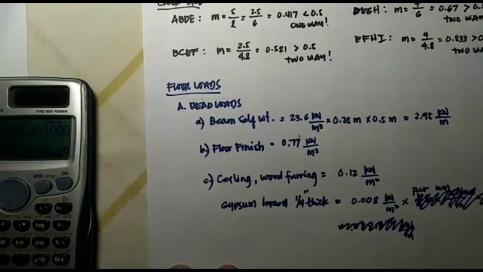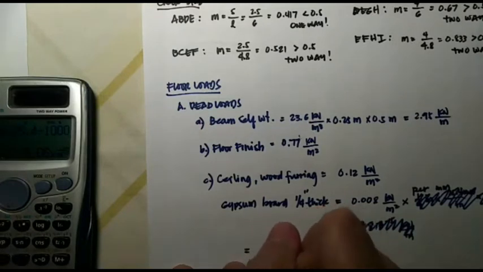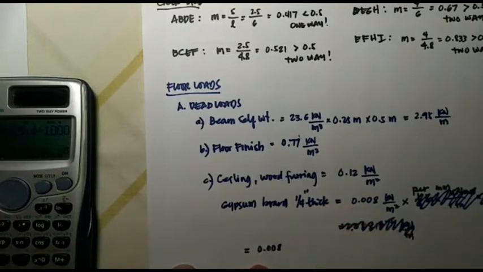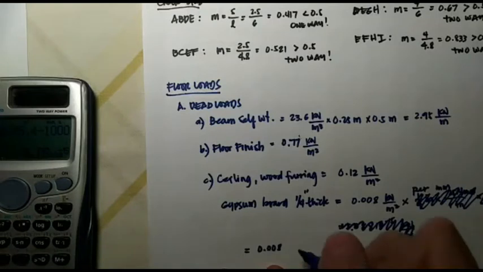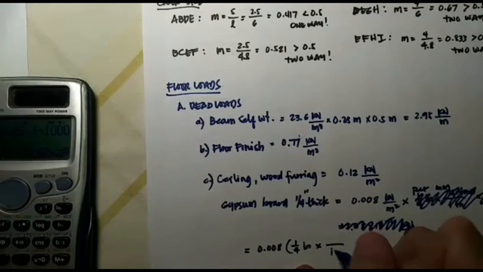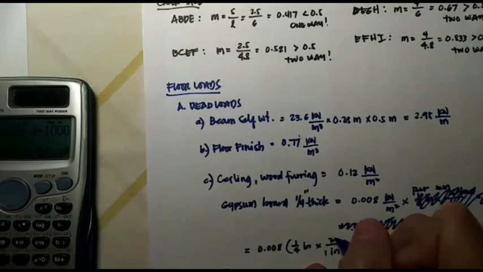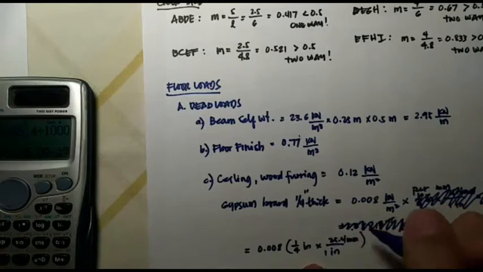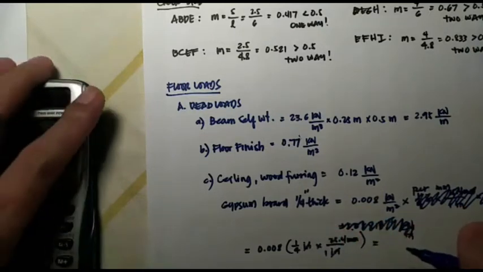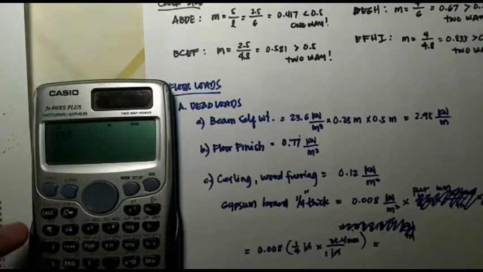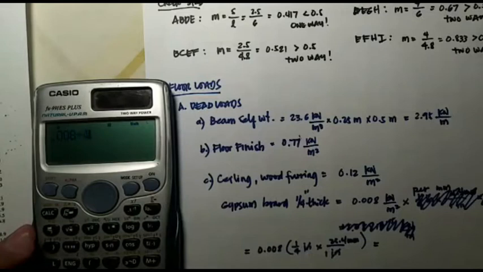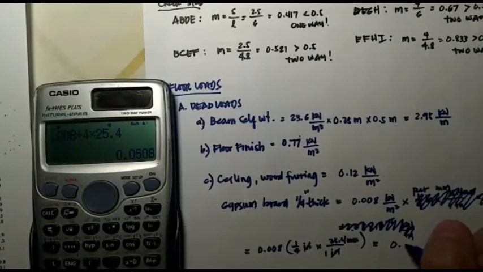Okay, so ang gagawin na lang natin dyan is imumultiply natin siya ng ilang millimeter ba yung 1/4 inch. So the total would be 0.008 times 1/4. Kaya lang this is inches. Convert na lang natin siya sa millimeter. Inch is 25.4 millimeter. So that would be the total weight for the gypsum. So 0.008 times 1/4 times 25.4. Ayan. So the total is 0.0508